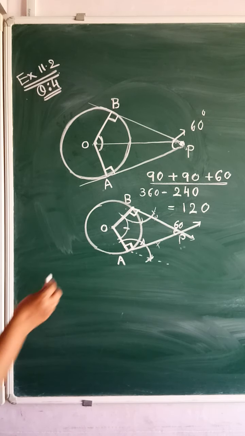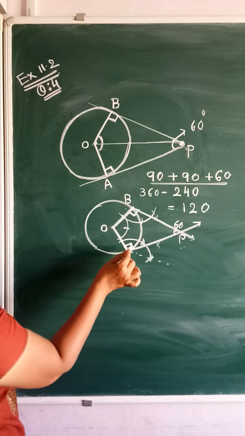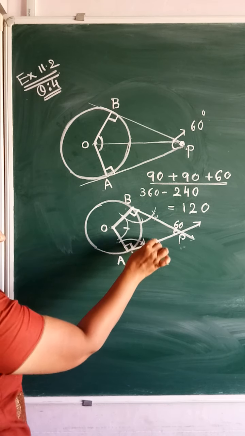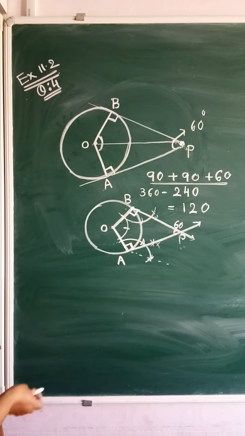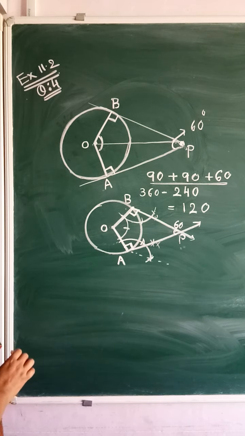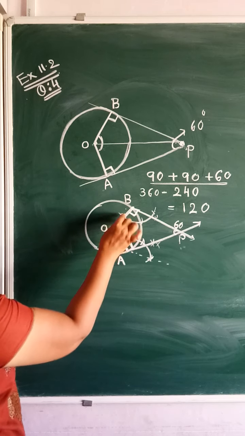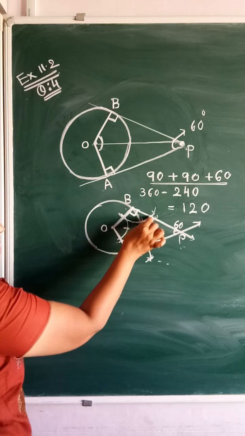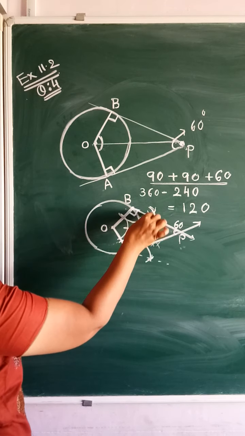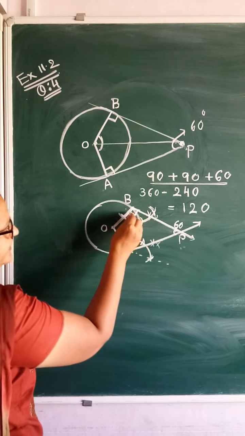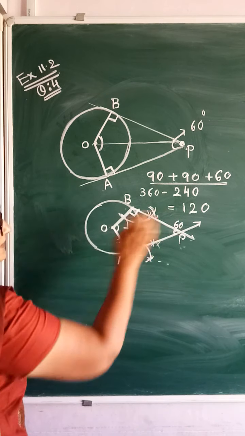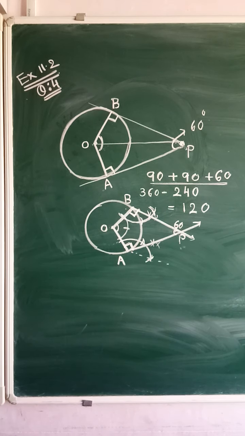Once again, how to draw? First of all, take the OA radius. Here, taking 60, 60, 120, bisect that. As soon as you bisect, that is your 90 degree angle. Draw 120 at the center. Now, wherever the 120 intersects, join that. So that is your other radius. Now, at point D again draw 60, 60, 120 and bisect that part. So that is another 90 degree. This is 90, this is 90, this is 120. So automatically the last angle will become 60 degree. Now you will draw this on your own.